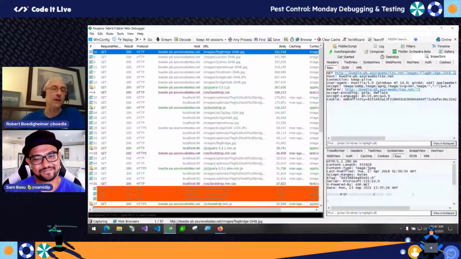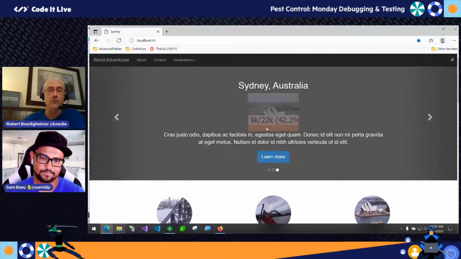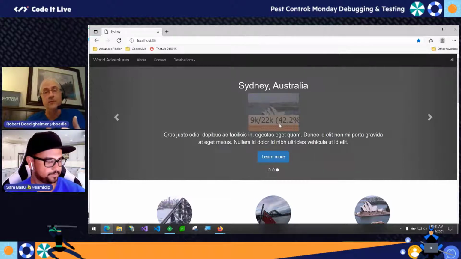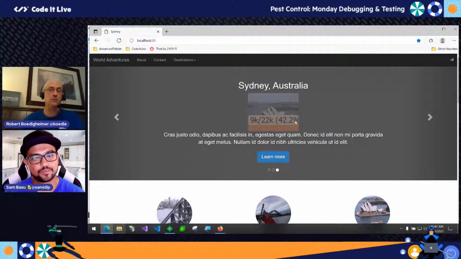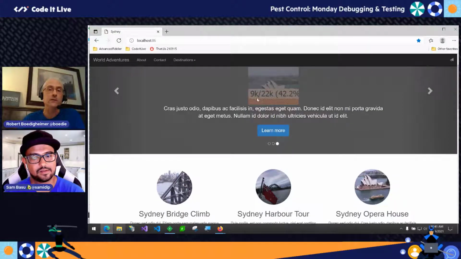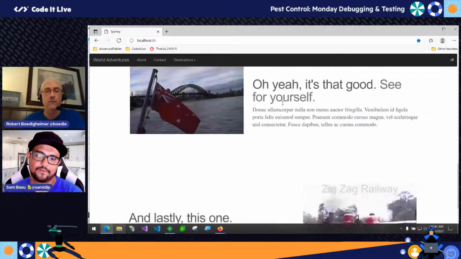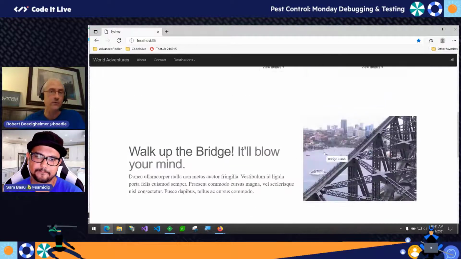So this is the other thing I like about Fiddler sitting between the client and the server. This extension you can download is called Show Image Bloat. It's looking for metadata. If you're familiar, you take pictures with your camera, right? It's got extra information in the picture about shutter speed and camera and all that stuff. In my images, you can see 42% of this image is actually metadata, which my customers don't care about. So you can go strip that out. I use JPEGTran to remove that. You can see 9K of the 22K is the metadata. Image Bloat lets me quickly go to a website and see if the metadata has been removed or not.